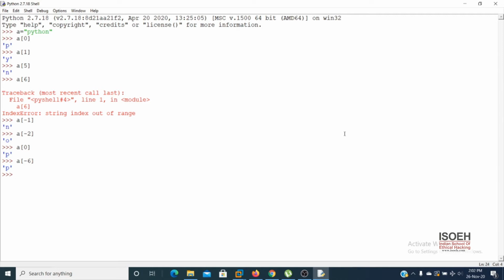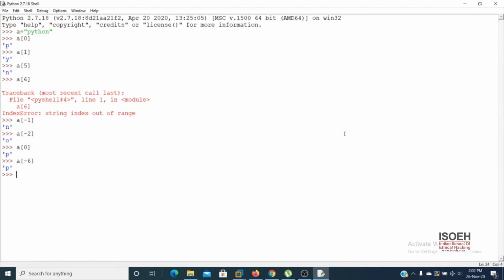So there are two options available, you can use any of them. So this part is called string indexing. That means we can access values using an index number. And this indexing happens only in string, list, and tuple. Numbers and dictionaries will not have the indexing property.